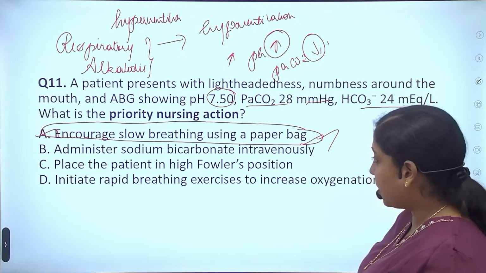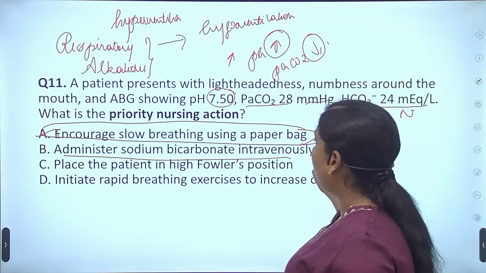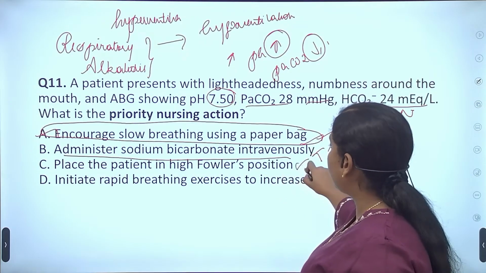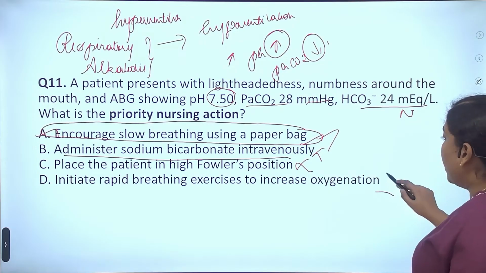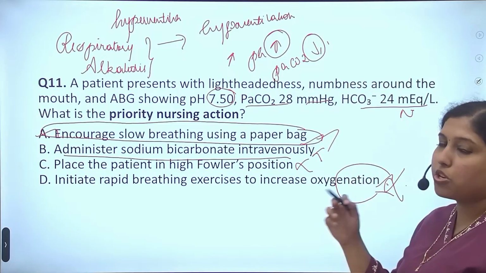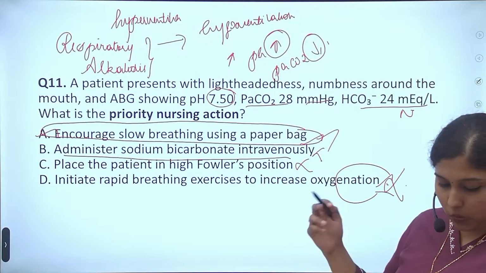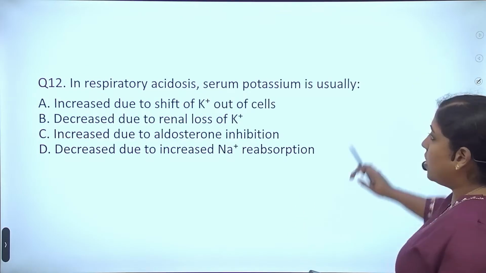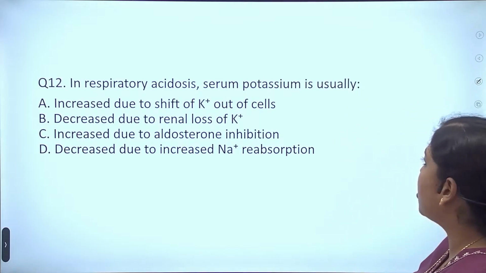Very good, right? So administer sodium bicarbonate intravenously, no. And place the patient in high Fowler's position, no. Initiate the rapid breathing exercises to increase the oxygenation? Initiating a rapid breathing exercise is further going to increase the CO2 washout, right? Yes. So the next question: in respiratory acidosis, the serum potassium is usually